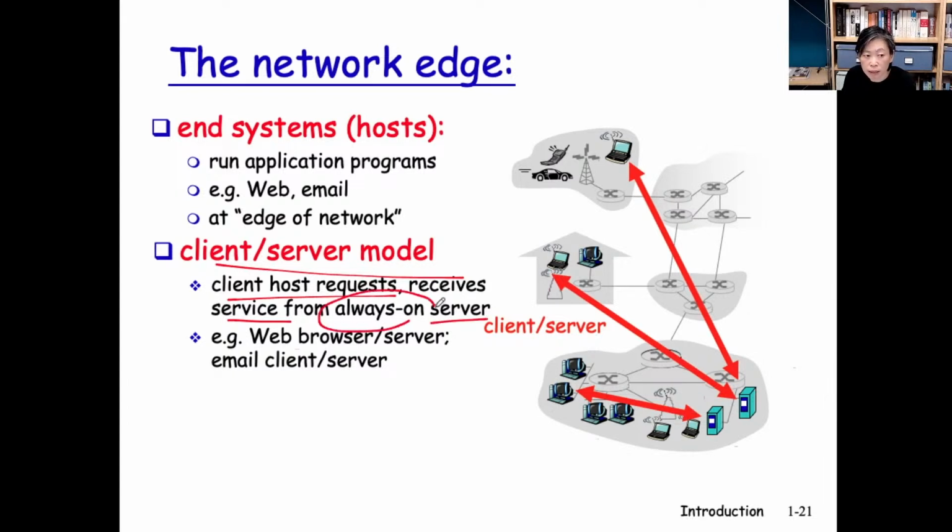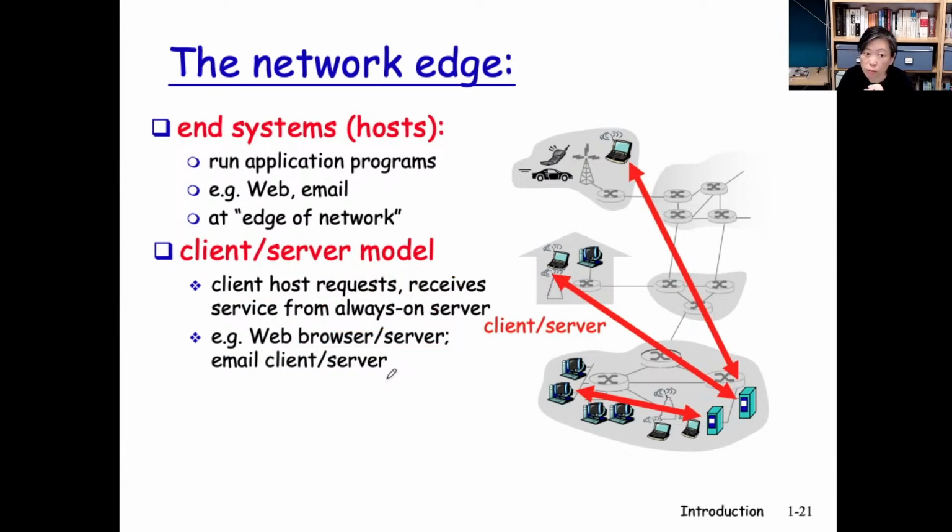The expectation of these servers is that they run all the time, 24/7. That's why these servers need to be higher-end machines having more computation power, a higher amount of storage, and a more reliable internet connection. As we mentioned, web browser here, web server here. Now, some of the pairs could be running email. Then you have an email client, which is typically the email reader, and then there'll be an email server. These email servers, usually you don't get your hands on. You don't see them, just like the web server. You don't typically see a machine that is physically a web server.